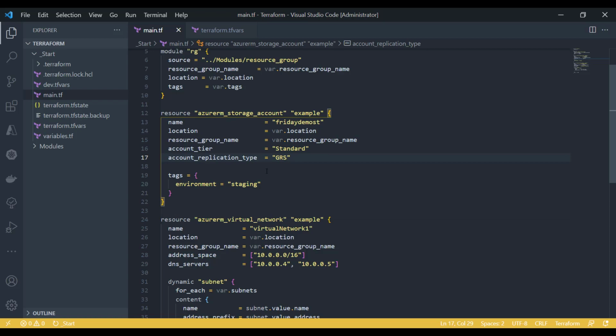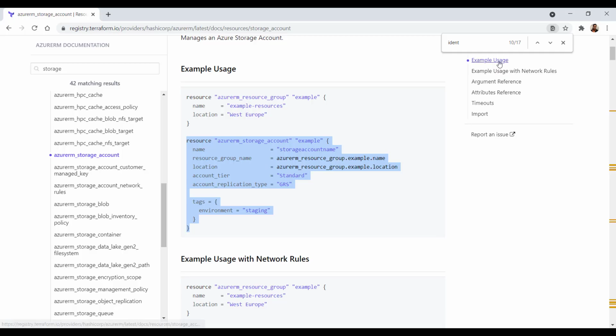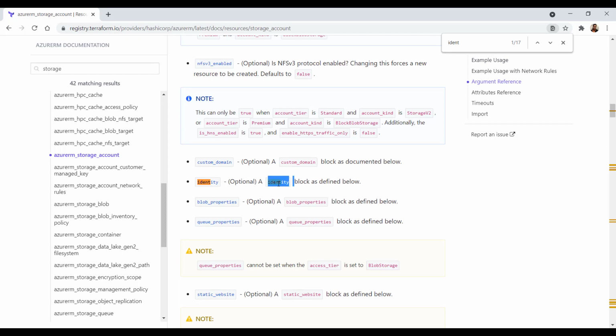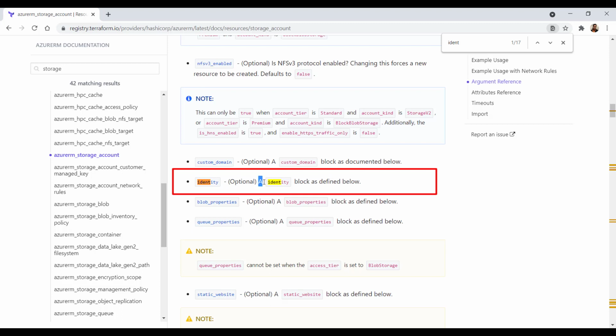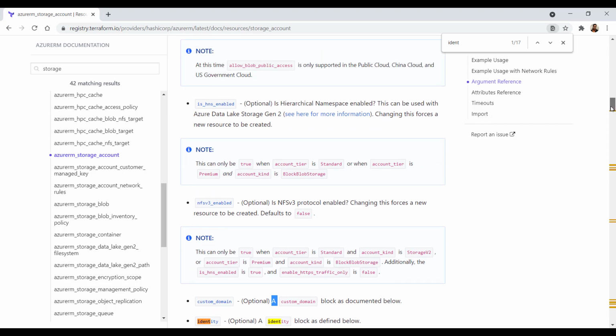Now here, as I said, we would like to create the managed identity in this storage account. So here the documentation says that it is a managed identity block defined below. When you see this kind of description in Terraform documentation for an identity or a particular resource attribute, it means you can only specify a single instance or single occurrence of that particular resource type. You can't have multiple occurrences of that resource type, right? You can't have two managed identity types declared in your Terraform code